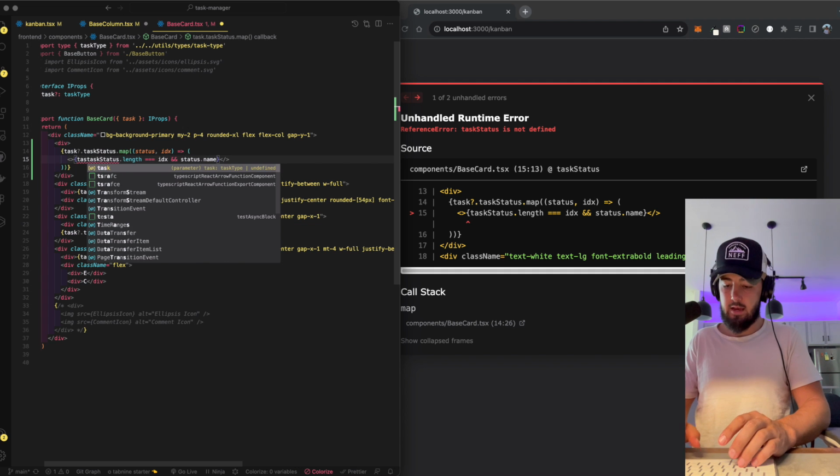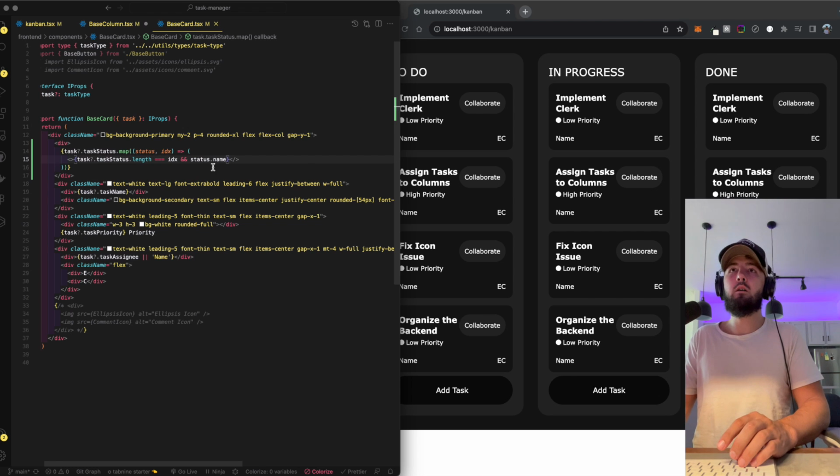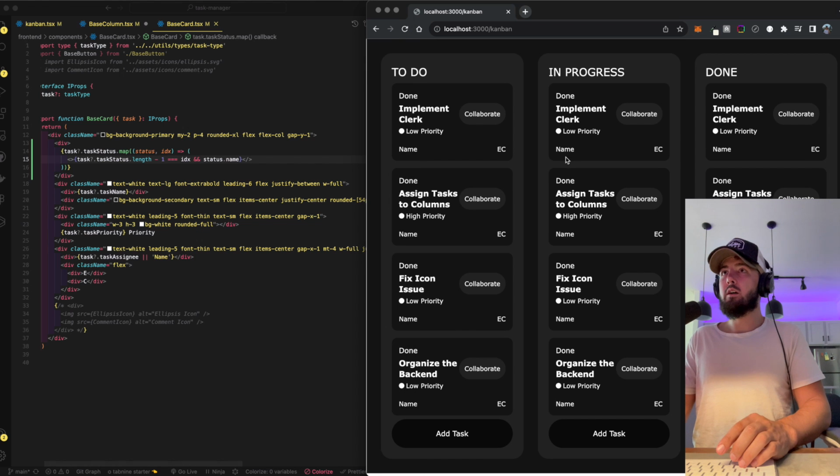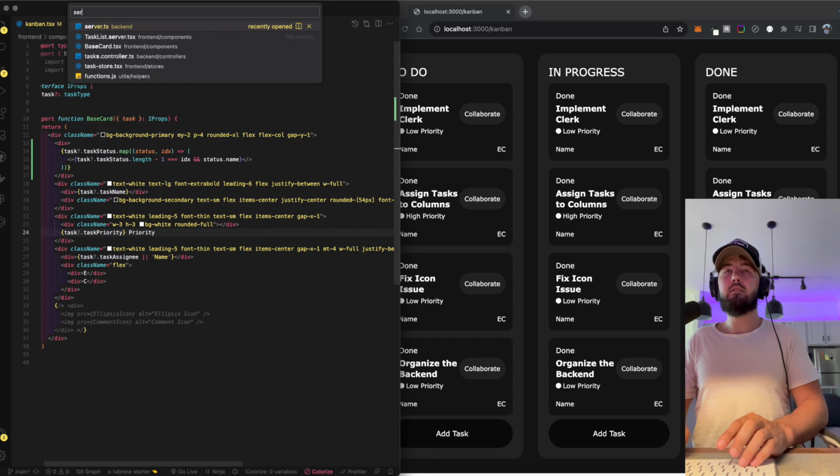Oh, do I need to go task status? That's what it is, right? So I think it's length -1. Yeah, okay, cool. So all of these tasks that are quote unquote done, we just want the last place that